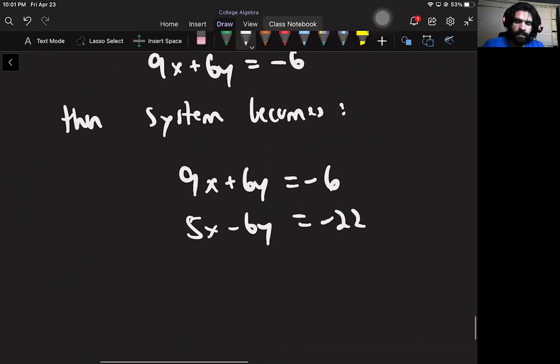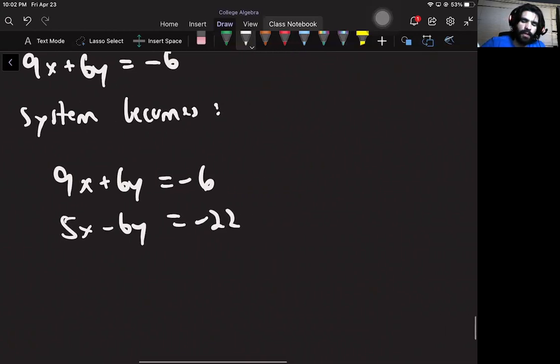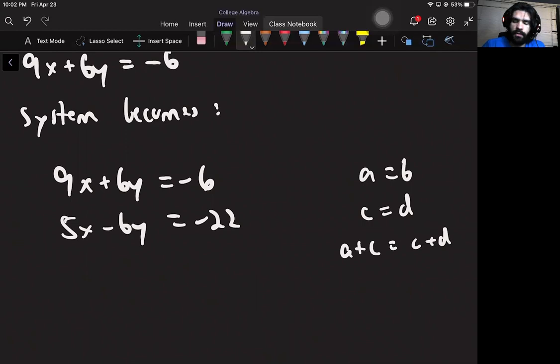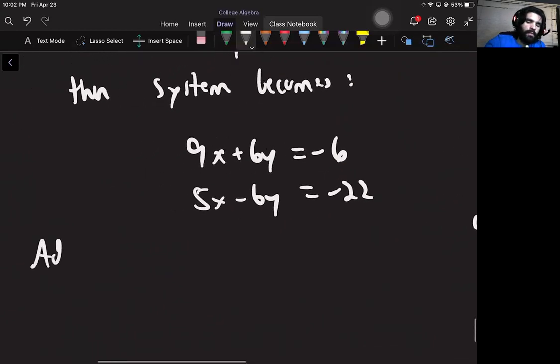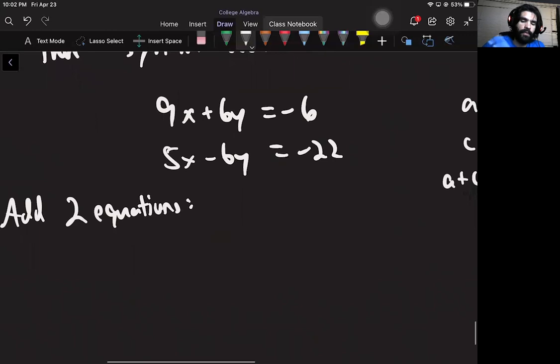So the payoff is that if I just add both equations, so if I have two things that are equal and another two things that are equal, then I can add on both sides and they'll still be equal. And that's what we're going to do here. So I'm going to just add these two equations. So if I do that, then what happens? Well, on the left side, if I add these,